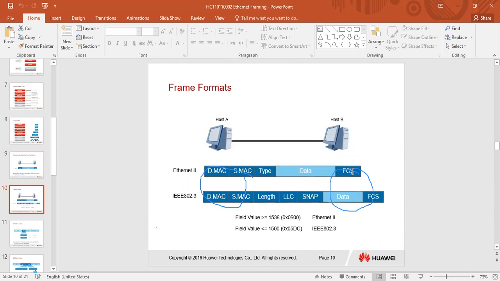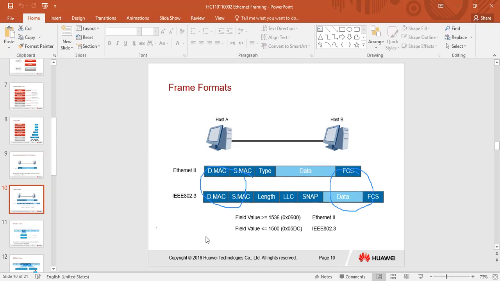Okay, checksum is a process by which, at the destination, you can check your data by adding some bits. If the result comes out as a specific result, then it shows that the data is error free. Okay, in Ethernet 2, the header is composed of destination MAC address, source MAC address, and a type of data,